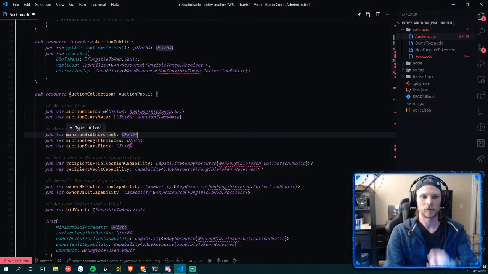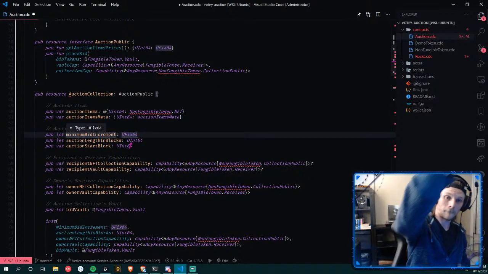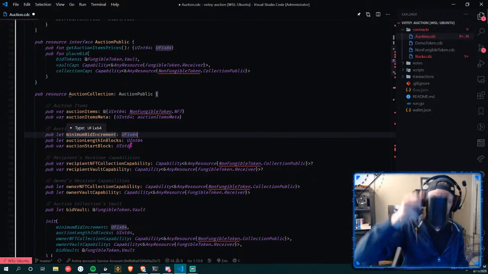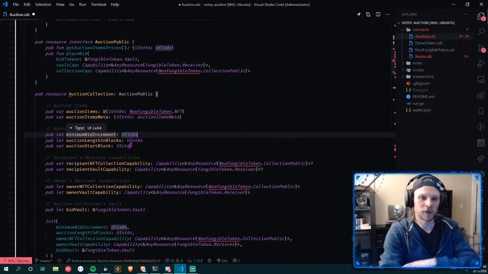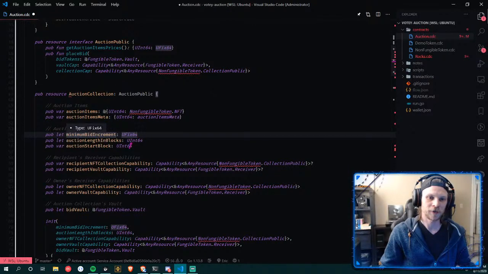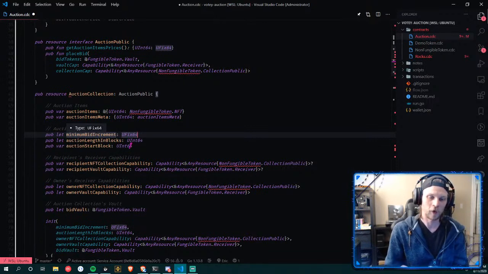Yeah, I guess, but let me see if I can argue my point here. Because right now you're saying that all the auctions in a collection start at the same time, and they end at the same time? Yeah, that seems like a reasonably easy way for my brain to manage it. I would add all of my NFTs that I want into this auction collection. I could review them and make sure that all the start prices are what I want. The minimum bid increment would be the same for all of them. The auction length in blocks, aka the time that it takes for the auction to expire, would be the same.